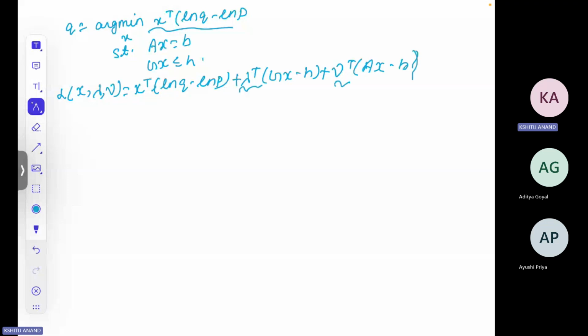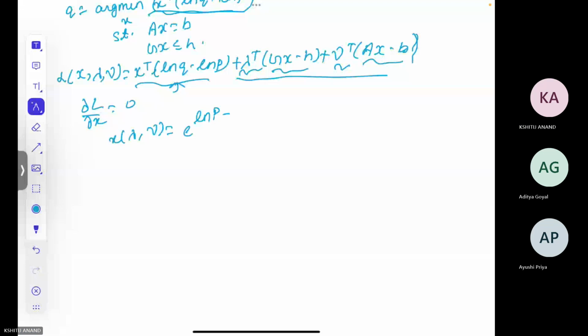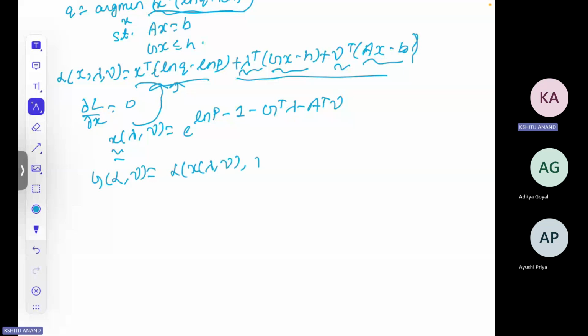The Lagrangian allows you to minimize or maximize your function given your constraints. This is your constraint one, and this is your constraint two. Given these constraints, you want to minimize this function, and that is when the Lagrangian helps you. When you set dL by dx equal to 0, you get the value of x, which is something like e to the power of ln p minus 1 minus G transpose lambda minus A transpose v. Lambda and v are nothing but parameters. Now this is your matrix X. When you put this value of X back into the equation, you get